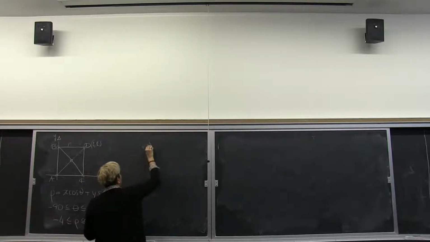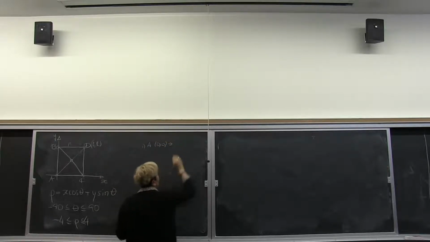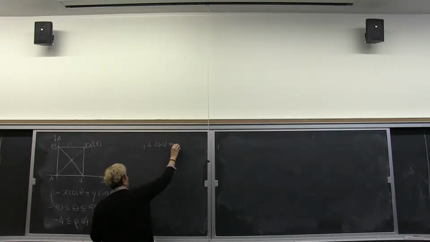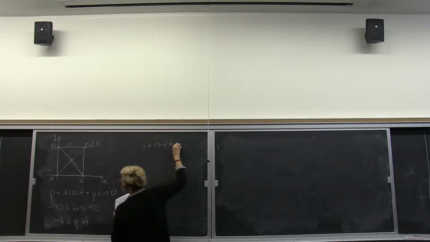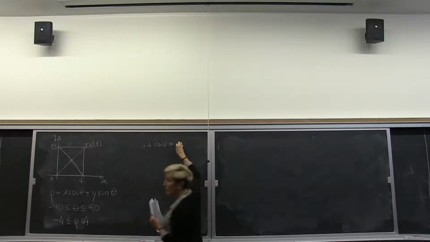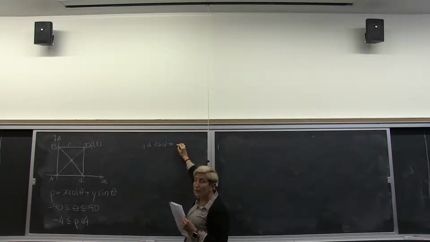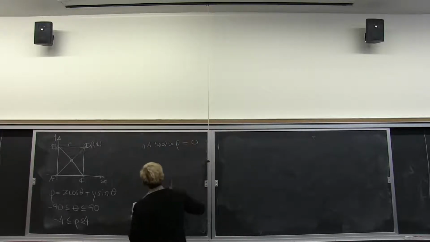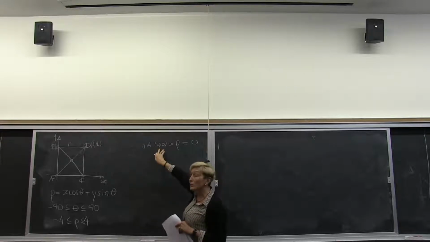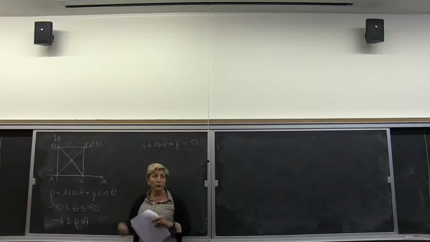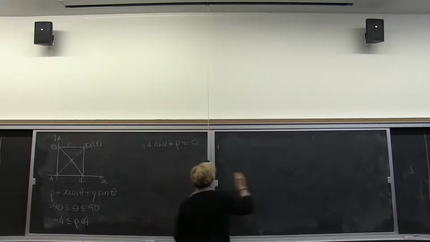So A is (0, 0). So that means that the Hough transform of that is what? What's the trig function for this guy? Anybody? Rho equals 0. So what we need to do is very simple. You take the coordinates of the point, you plug it in here in this trig function, and that gives you the Hough transform for that point. Okay. So when I'm plotting,